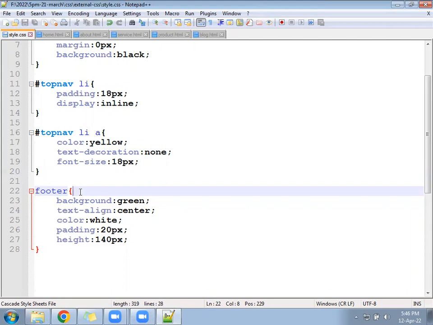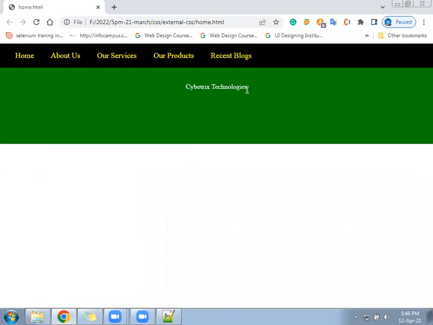Okay, ready? Yes. Now the footer should come at the last, but it's coming up because the spaces are still empty. The space is not there on the top, so it's coming up. Go next.